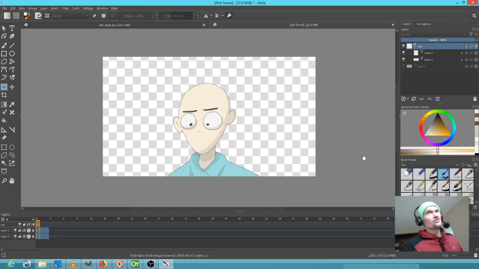It's as close as you can get to a transformation tool that links layers. It's as close as you're going to get in Krita. Okay, so now